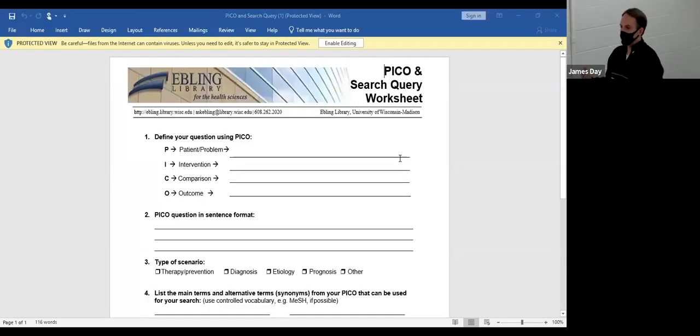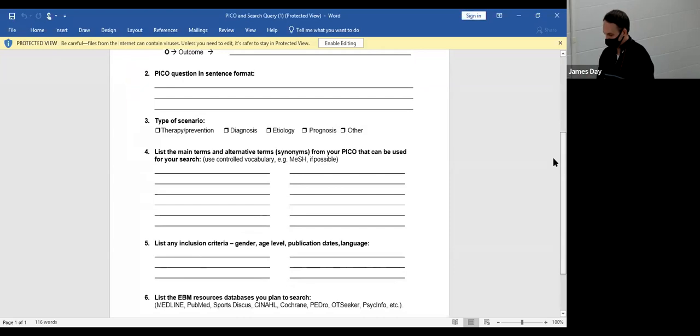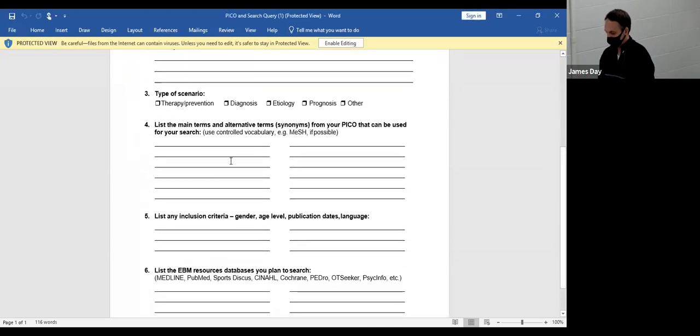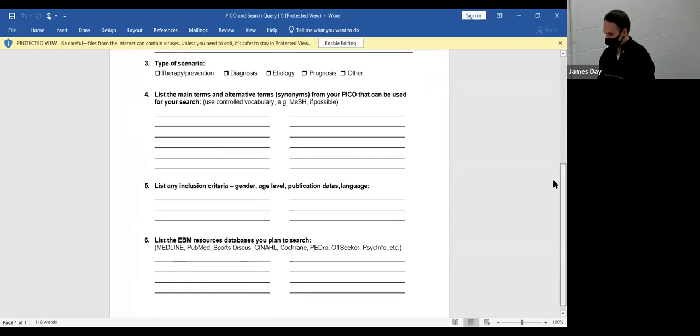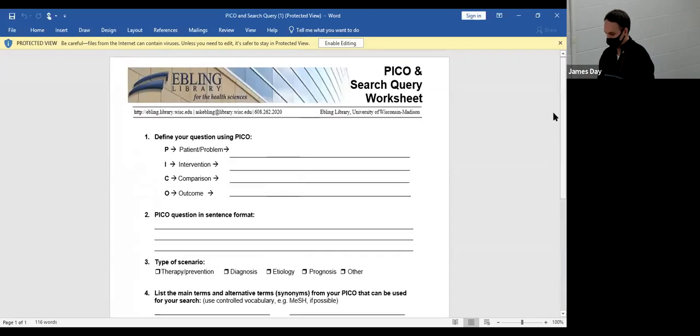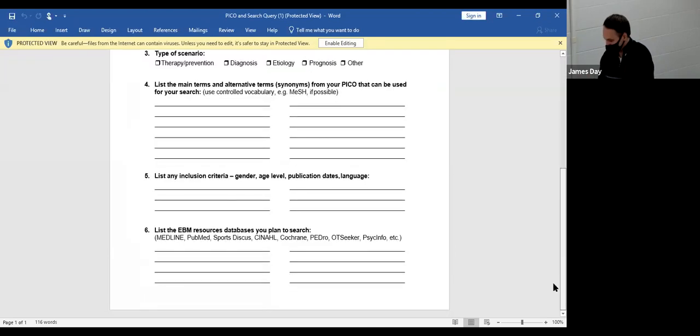So we've written our PICO question, right? And I asked you guys to spend a little bit of time working on synonyms down to here, right? So we've got our synonyms for our main topics, and we have our PICO question. These are going to form the backbone of our search. You can also see down here some sample